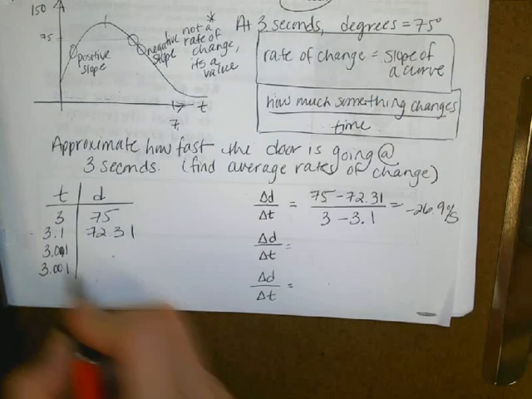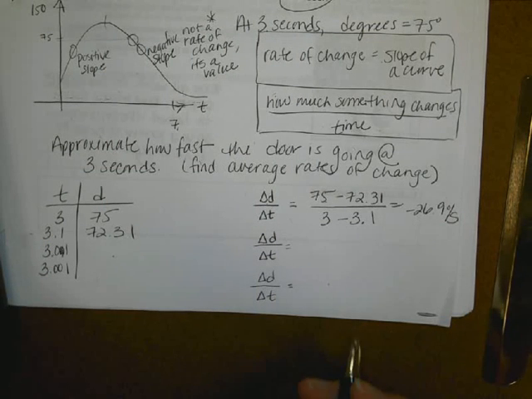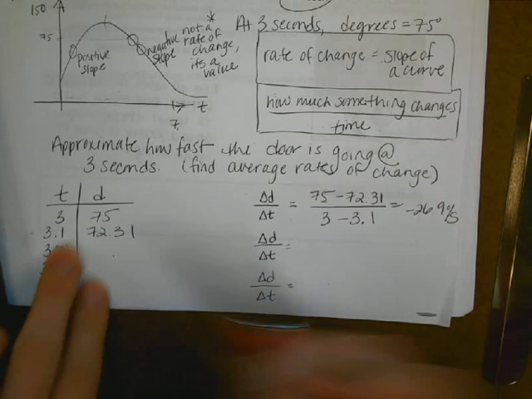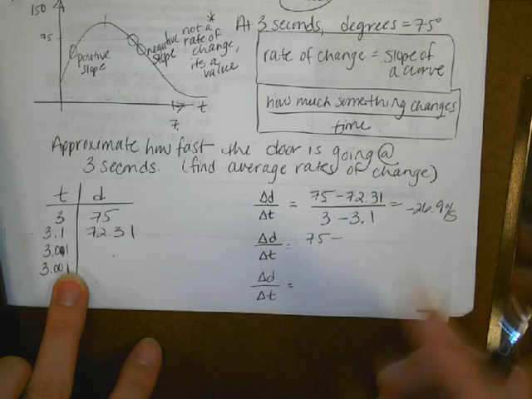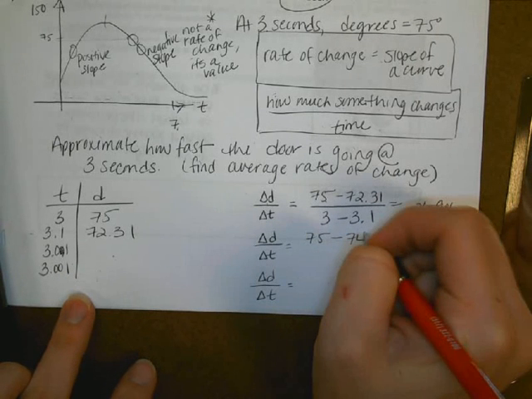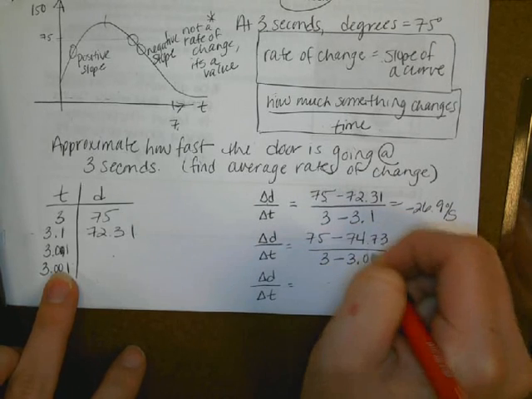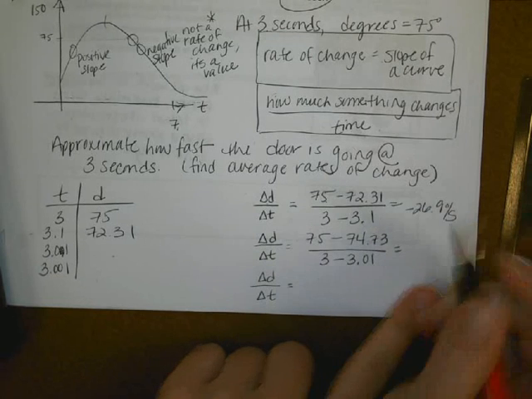Okay, then we're going to do the same thing with 3.01 and 3.1. Or actually, sorry, we're all basing it off of this 3. So then you take 75 and you use a y value that's a little bit closer. So we're going to go 3.01, which is 74.73. And then we have 3 minus 3.01. So we're getting a little bit closer to 3 by using this 3.01. If you do that, you get negative 27